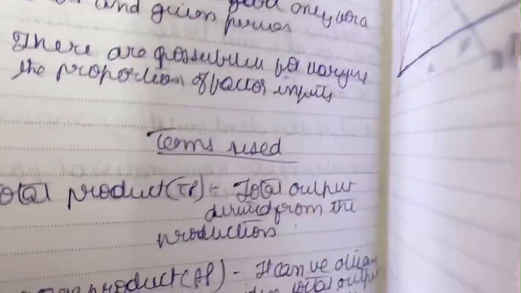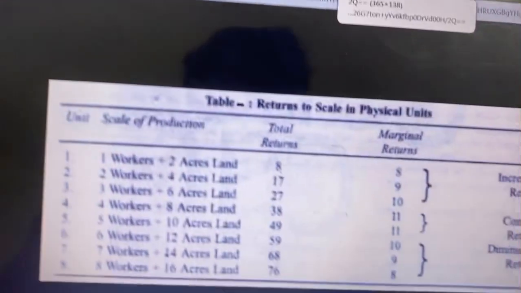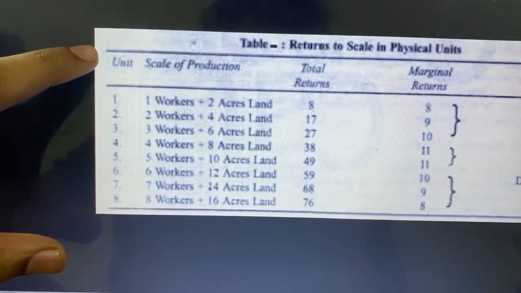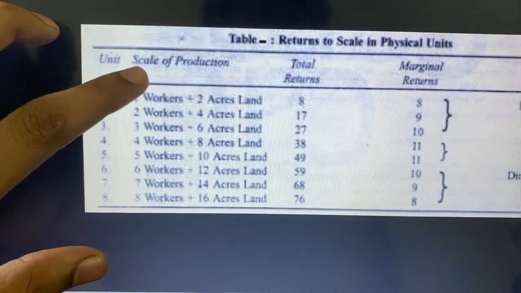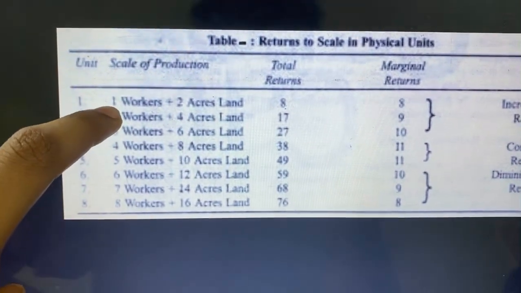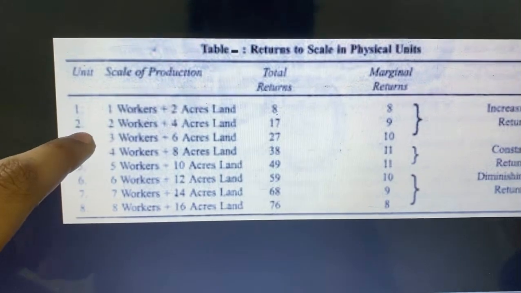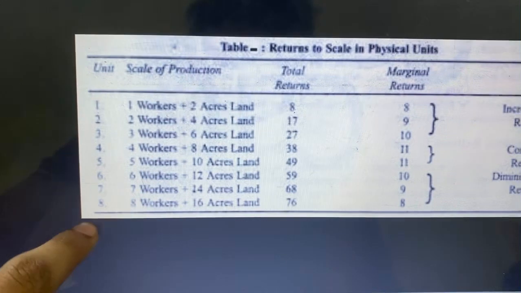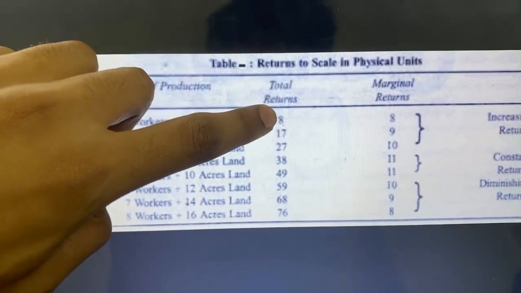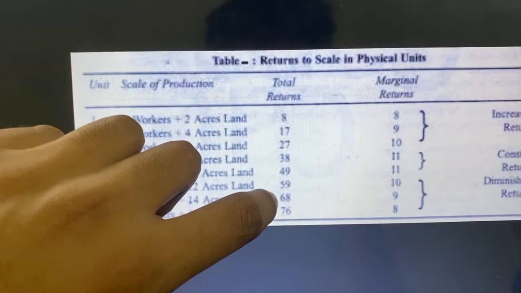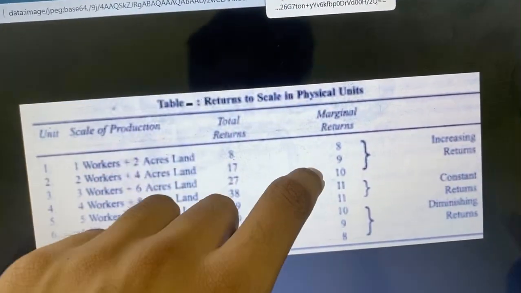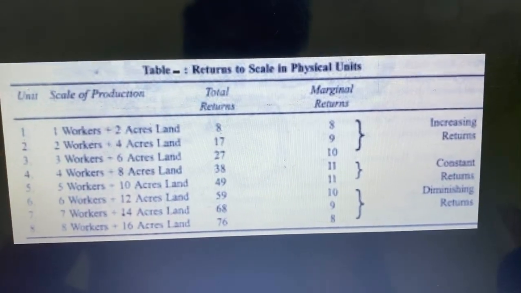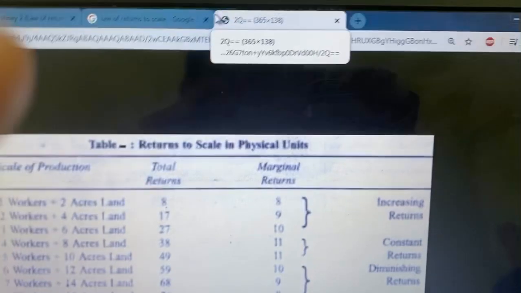And now if you look at the table, it is returns to scale in physical units. In units, we have 1, 2, 3, 4, 5, the numbers and scales of production, which is 1 worker, 2 acres of land, or 2 workers, 4 acres of land, 3 workers, 6 acres of land, and etc. There's a lot more, goes up to 8. The total returns are 8, 17, 27, 38, 49, 59, and marginal returns. In the video before about the law of variable proportions, we learned what total product, marginal returns, and everything are. So here,